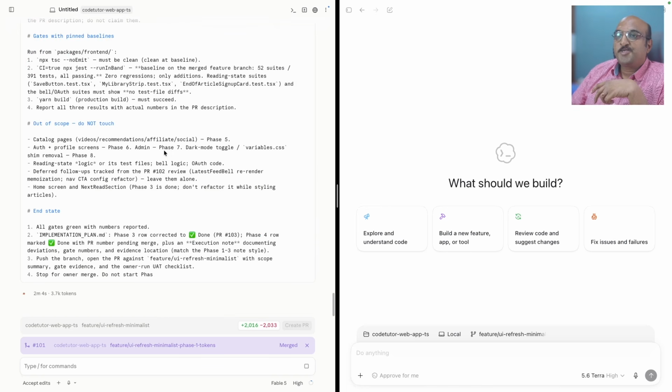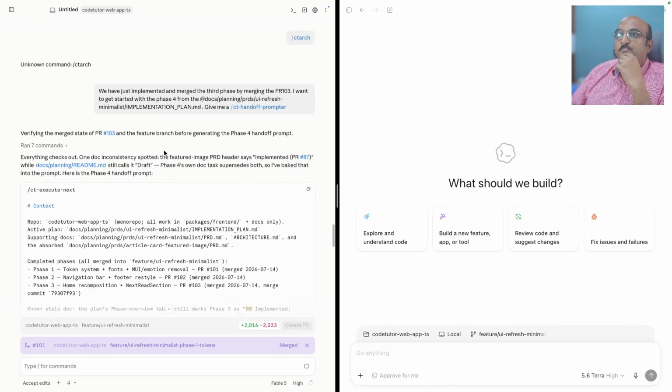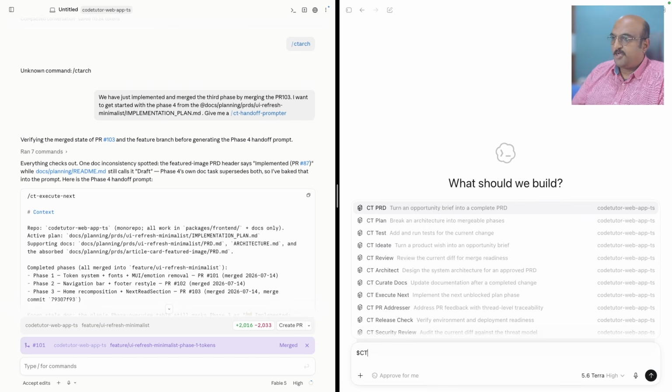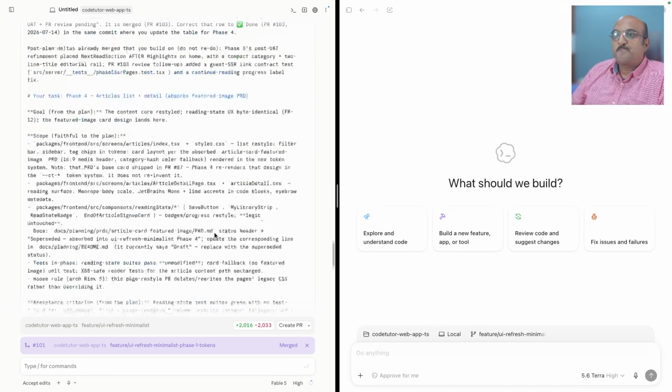So as you can see, now it is creating a prompt and it also says /ct execute next, which in this case is $ct execute next. It is an agent and skill invocation custom command that I have created, which executes whatever task I have given it. So the prompt is ready.